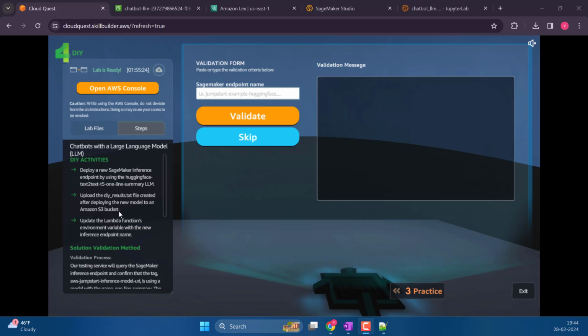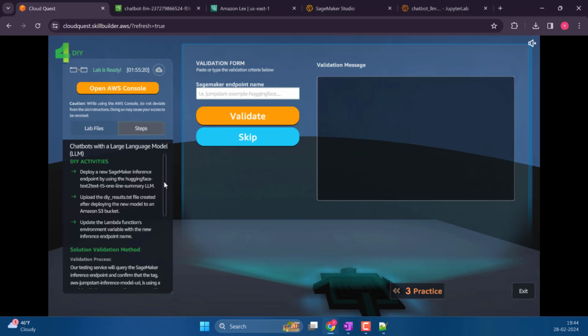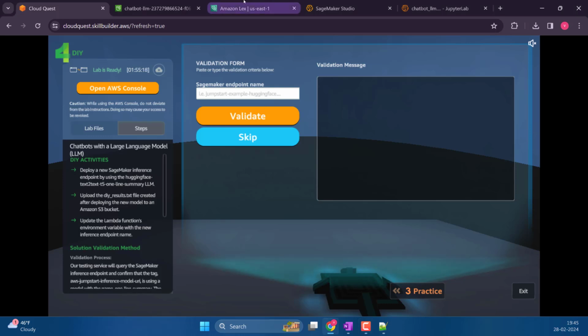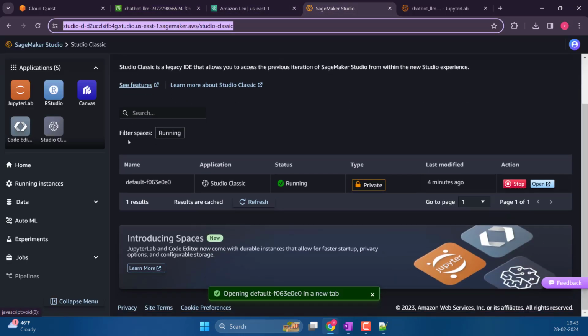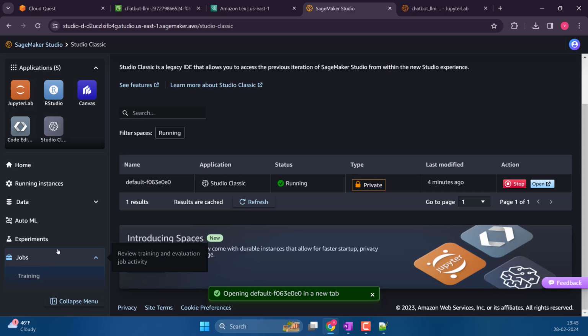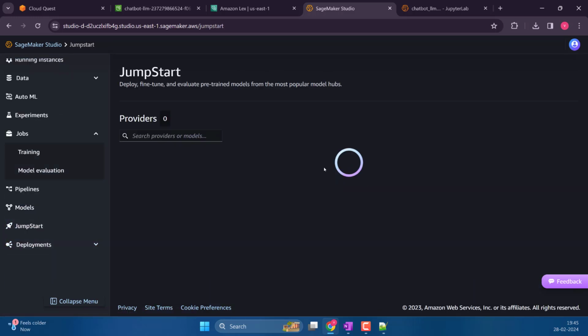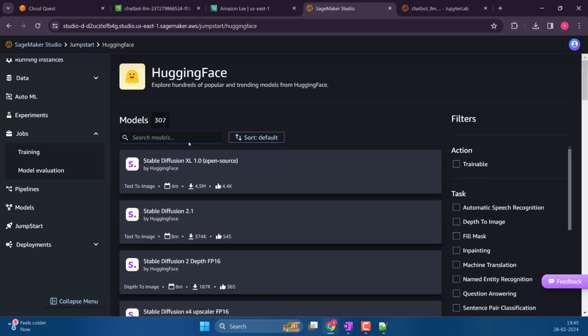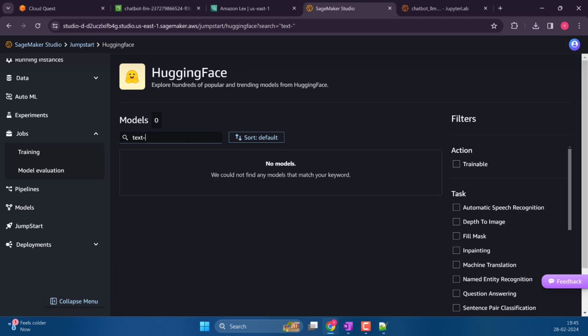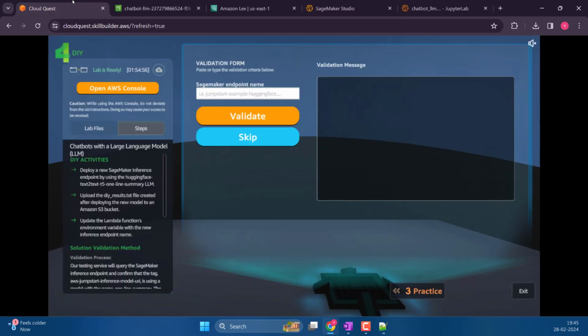Okay, let's see. They want text to text if I hugging. Let me copy. Can I copy it? I don't think I can copy it. So let me go here. So let's click on hugging face. Text to text, they are not going to show us.